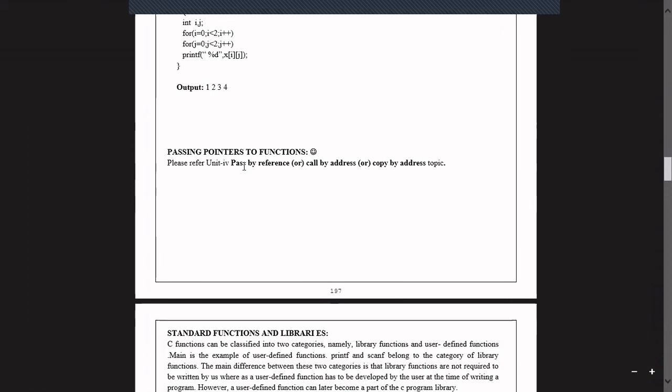For this, whatever we discussed in yesterday's topic, pass by reference or call by address or copy by address, that particular example is the related topic for passing pointers to function. That same pass by reference topic is treated as passing pointers to function. For this topic, we will write the same example.